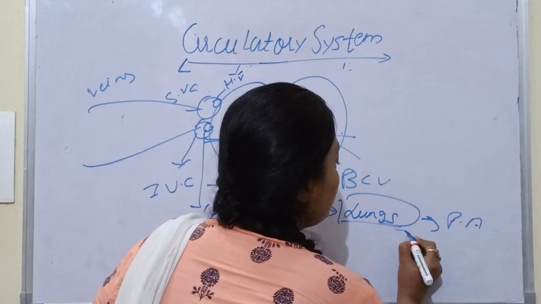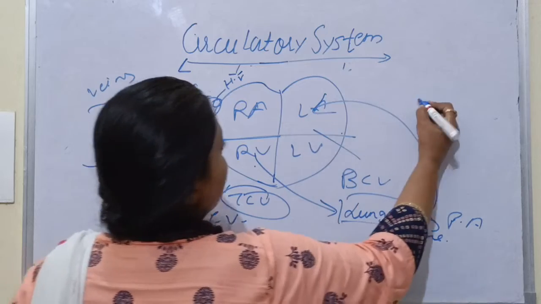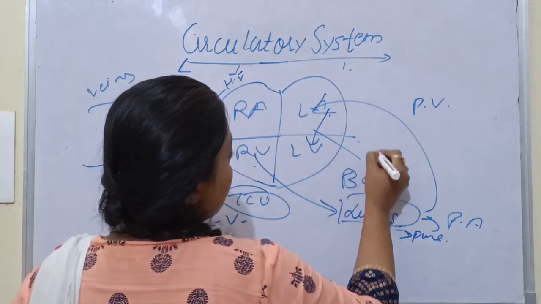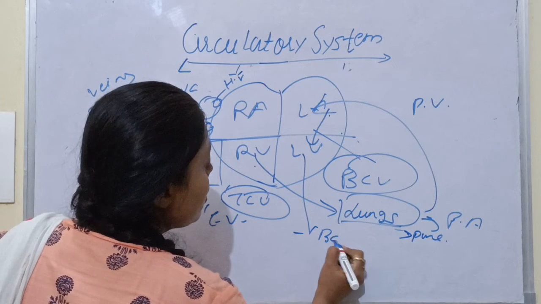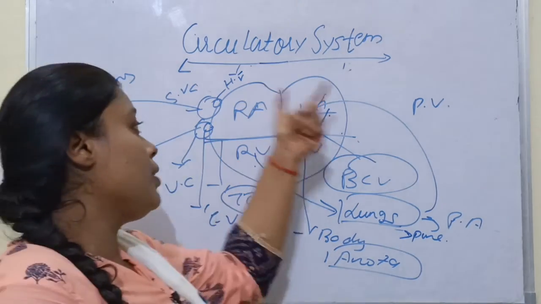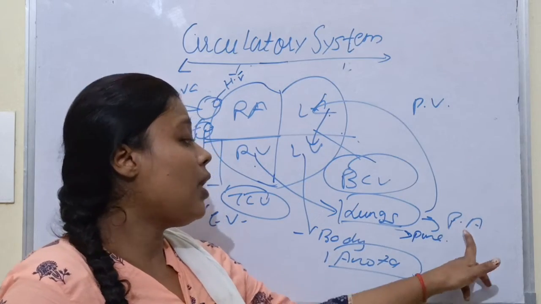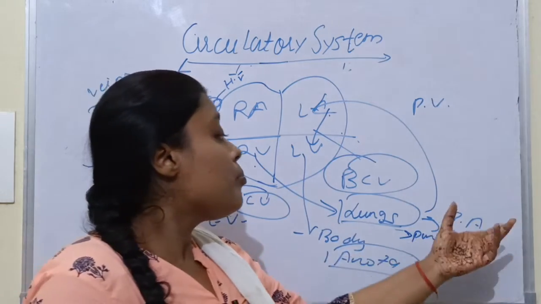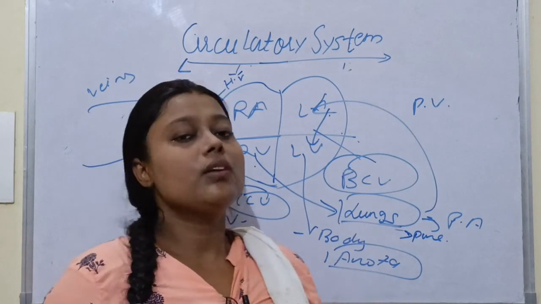Now the blood becomes pure, and this pure blood reaches the left auricle through pulmonary veins, and from the left auricle to the left ventricle through this bicuspid valve, and from the left ventricle to the whole body through the aorta. This is the flow of blood into the heart, a general layout. So from here it is clear that, as we all know, artery carries pure blood and veins carry impure blood, but here the pulmonary artery carries impure blood, and the pulmonary veins carry pure blood. Okay, this is clear. Okay, thank you.